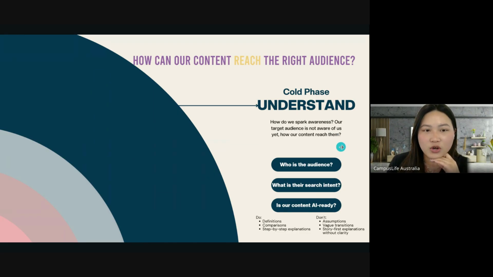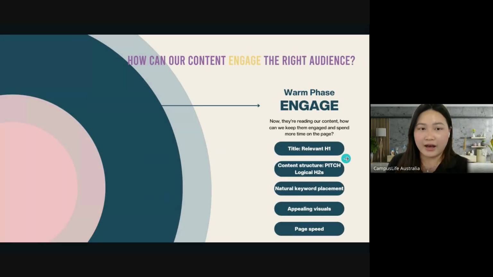Okay. So now that we understand how we can reach the right audience, next is how can we engage with the right audience. So now that they already searched for our content and clicked on our content, how can we keep them engaged and spend more time on the page?